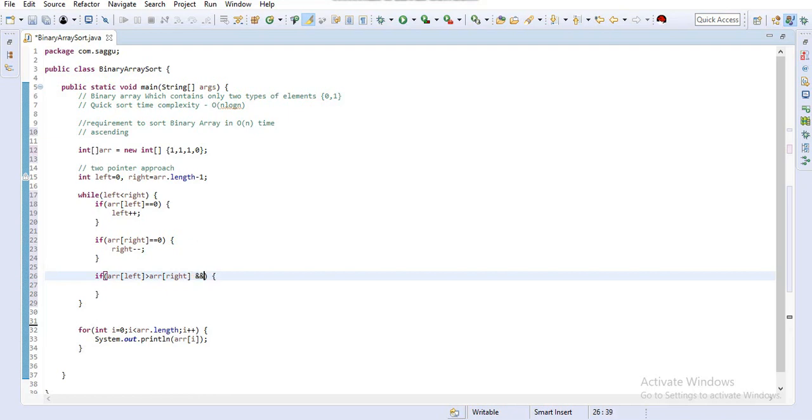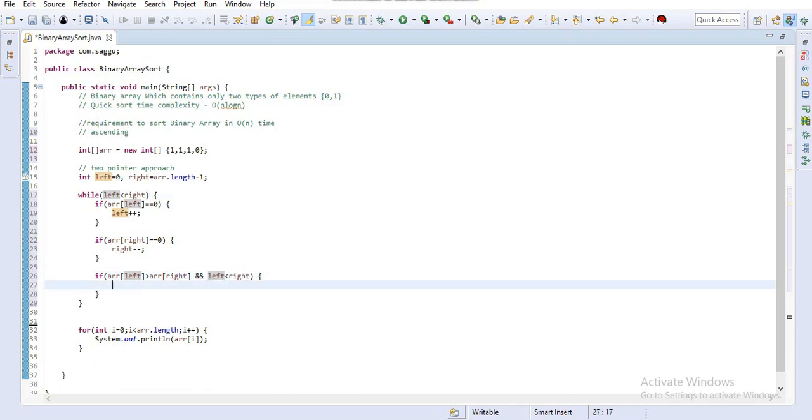This one condition is checking whether at any time the left pointer can become greater than the right pointer inside this while loop. This will restrict that condition. Here I can declare the temp variable also. The simple approach is to swap two elements.